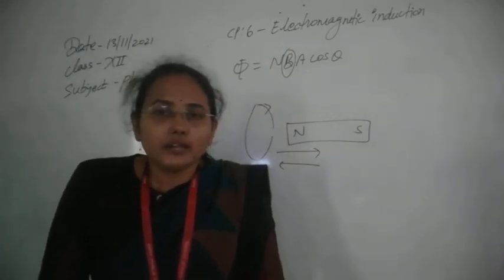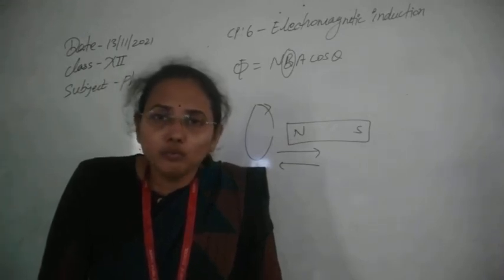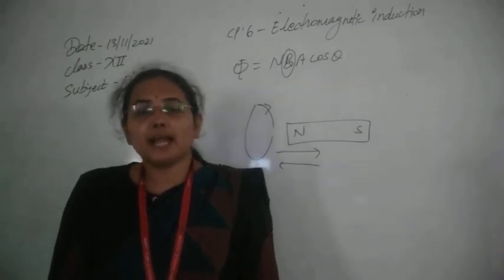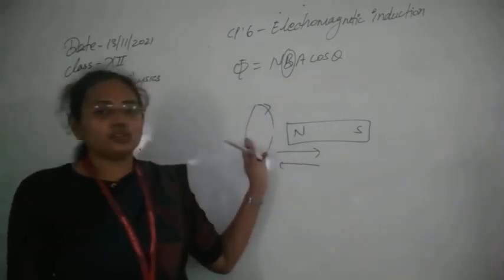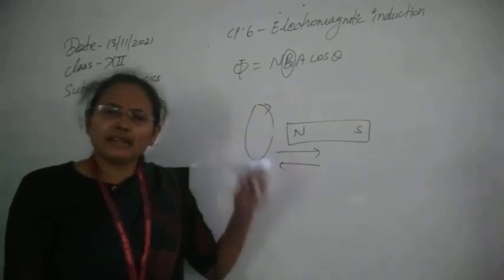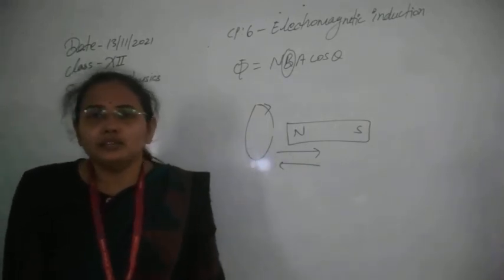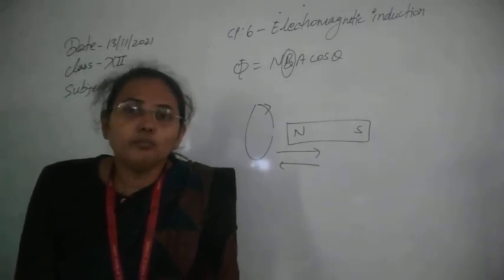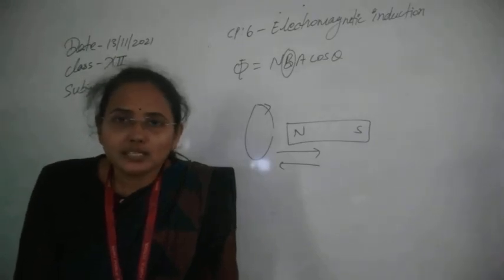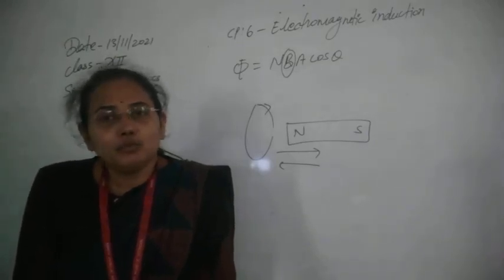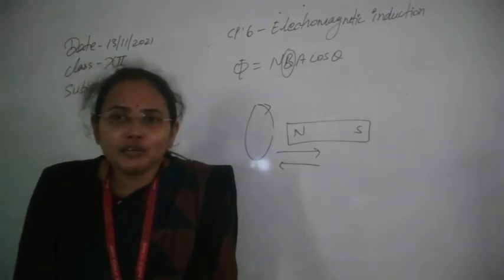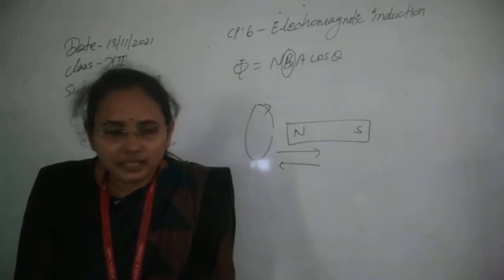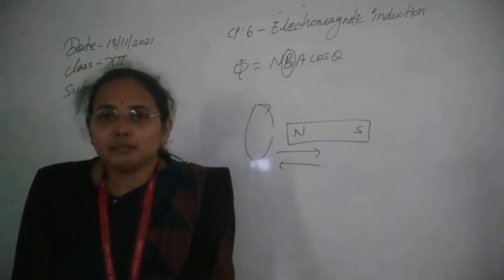Second method: you can keep the magnet stationary and move the coil. If you move the coil towards the magnet or away from the magnet, the same property will again be there, and due to that electricity will develop. The third is possible if you move both magnet and coil towards each other or away from each other. But if you move them in the same direction, then the relative orientation will not change, and no electricity will be produced. But whenever we take them away from or closer to each other, then electricity will be produced.